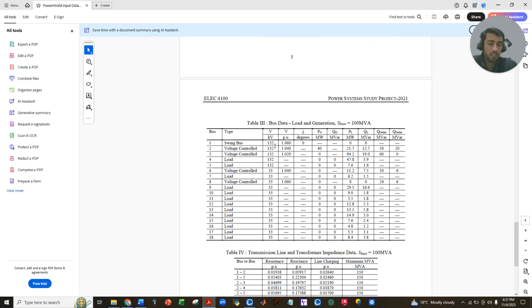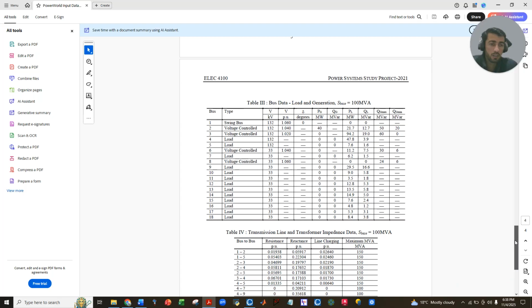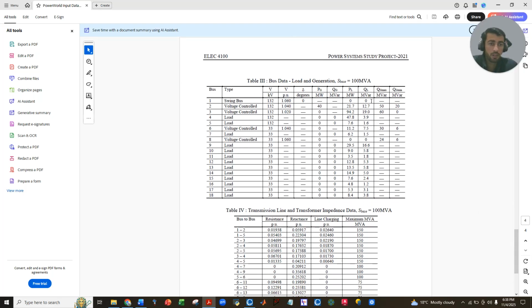We have to define their voltage levels, per unit voltage, angle, available power generation, and active and reactive power generation. And then we can define the load connected, the load megawatts and megavars, active and reactive power, and then maximum and minimum